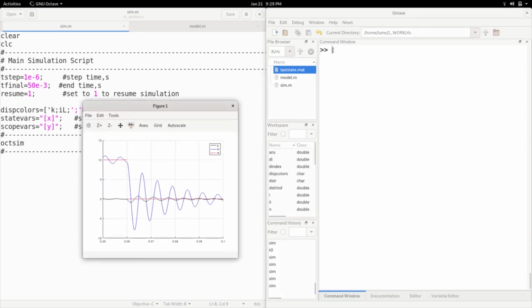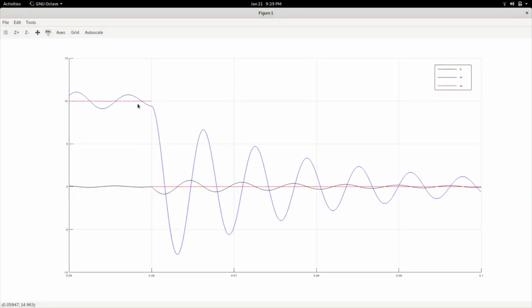So you see that all the values, state values, input values have continued. Let me expand this. They have continued from where they left off. The voltage just above 10 has continued, and the input has continued from 10, and when it reached 60, it has come down, and so on,